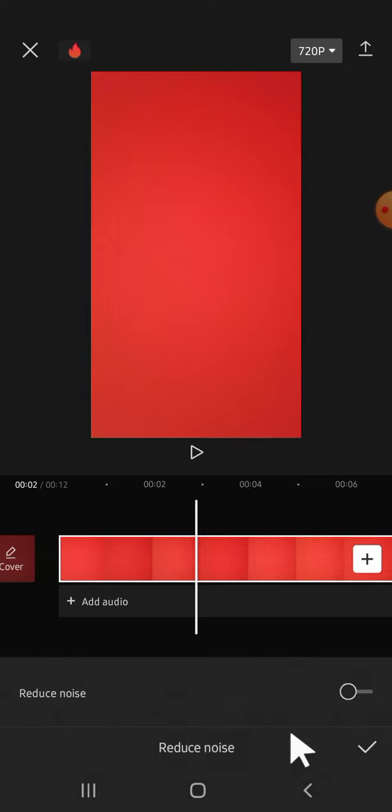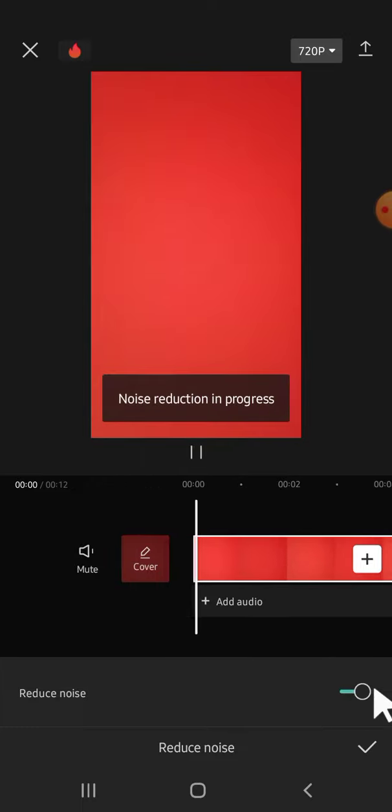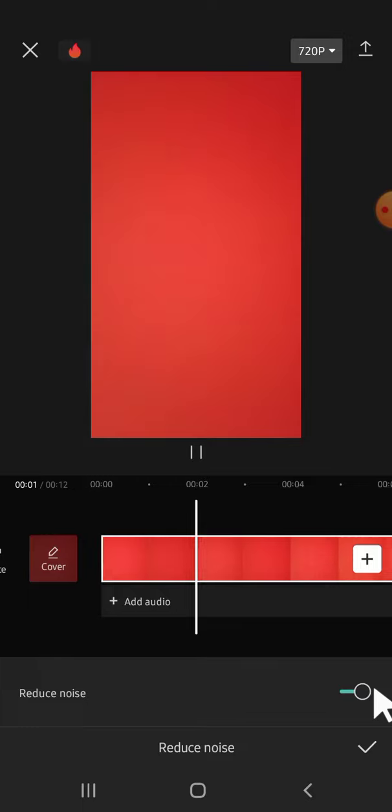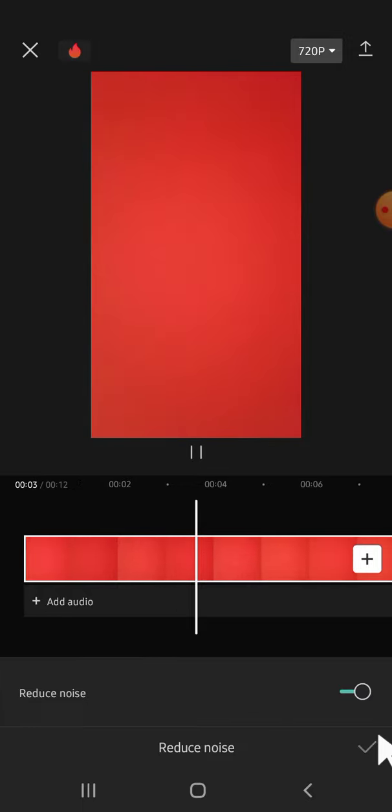Tap on it, then click on this toggle button. Okay, and now the noise reduction is in progress. Then we can click on the check mark after we're done. And okay guys, that's how we can fix audio sound of our video in